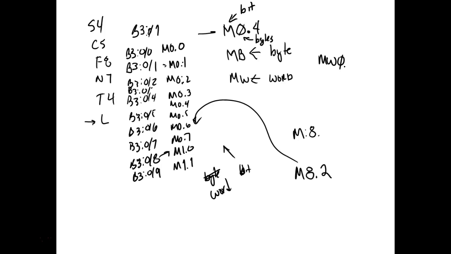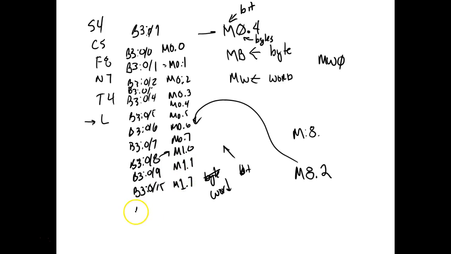It's ugly, but anyway. So what we've done is I've set up a chart where you're going to write down Allen Bradley addresses, and then you're going to convert them over to what? Siemens addresses. So then I would go down here when this hits B3 0/15, and then I would use what? I'd be using